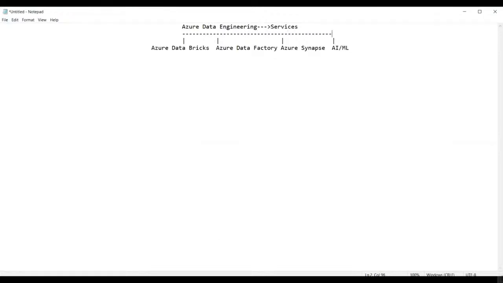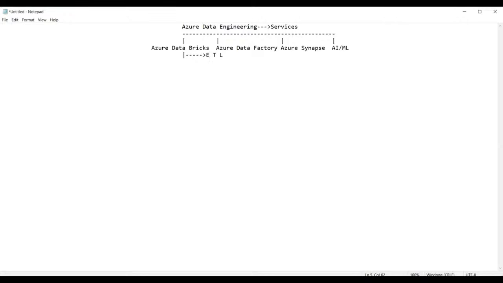That means all end-to-end solutions for the data. Data engineering means end-to-end solutions for the data. Now, guys, what is Azure Databricks used for? This service called Azure Databricks is provided by Microsoft to perform the job of ETL. What is this ETL?